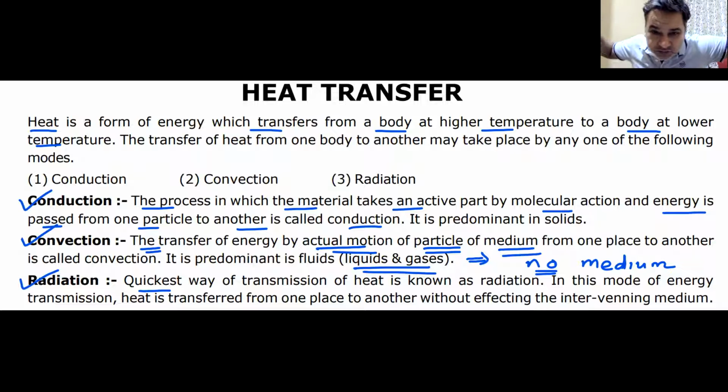That is radiation, the third mode of heat transfer. That is giving us radiation, thermal energy, heat energy, light energy. This heat energy, light energy, thermal radiation is coming to us, heating the earth up. The process by which this happens does not require any medium because there is no air in between us and the sun. This mode of heat transfer is known as radiation, and it can take place whether the body is solid, a liquid body, or a gaseous body. Sun is nothing but a big sphere of gas. Do we understand this? Yes or no?